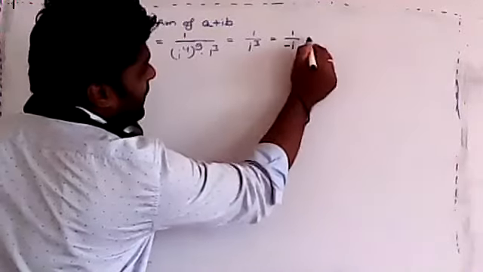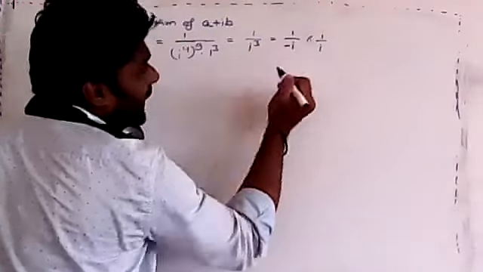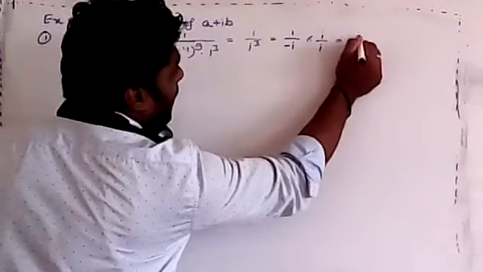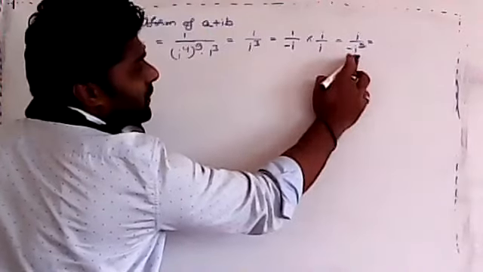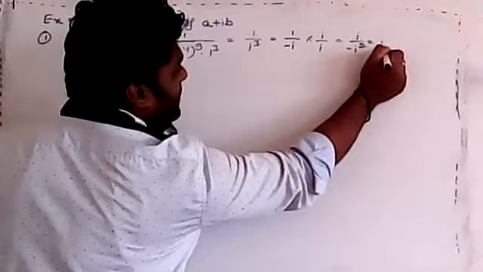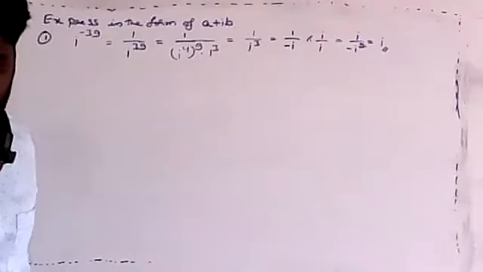So minus into minus. Otherwise, one thing you can do is multiply both sides by i. So what do we get then? i divided by minus i square. i square is nothing but minus 1, no? So minus into minus is plus. So the answer is i. Like this also you can write. Okay. So next, move on to the next one.